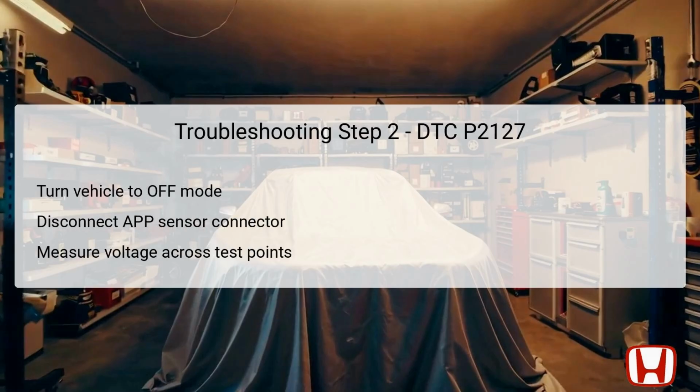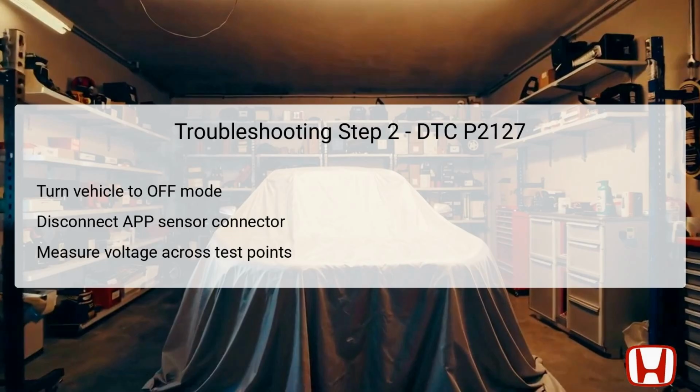In step 2, start by turning the vehicle to the off mode. Then proceed to disconnect the APP sensor's 6P connector. Once disconnected, turn the vehicle back to the on mode to perform a voltage measurement. Measure the voltage between the specified test points at the APP sensor connector. Test point 1 corresponds to terminal number 1